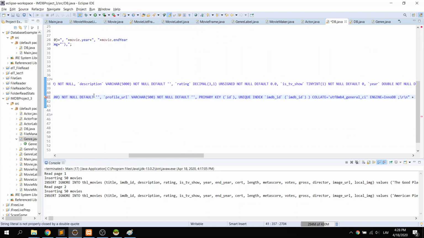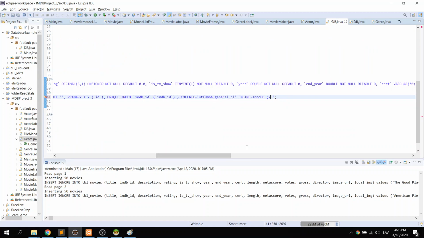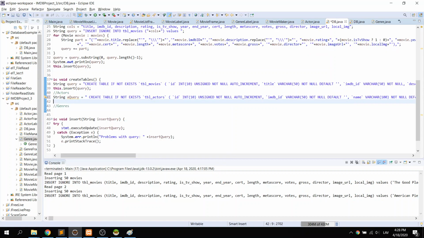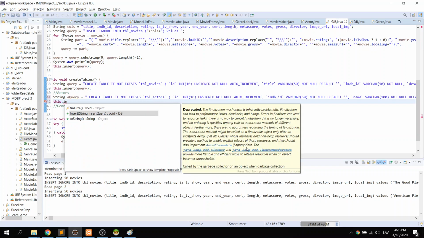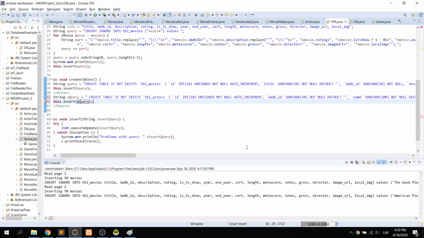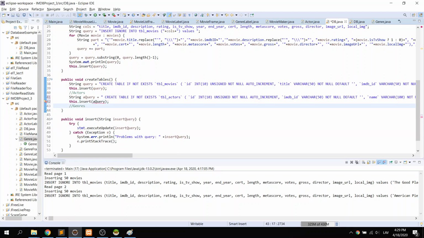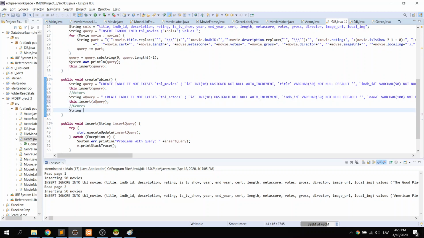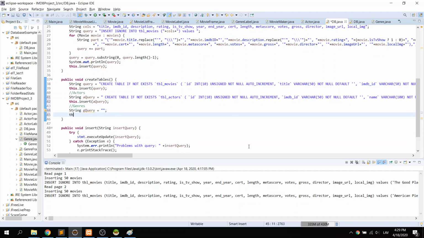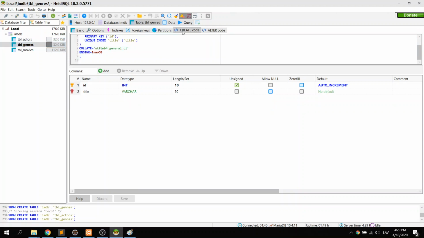It had a new line at the end, and we don't need those ones. Okay, it's all fine. And then string genre query equals something, and then I'll say this, insert the genre query, and that is from the genre table, create code,